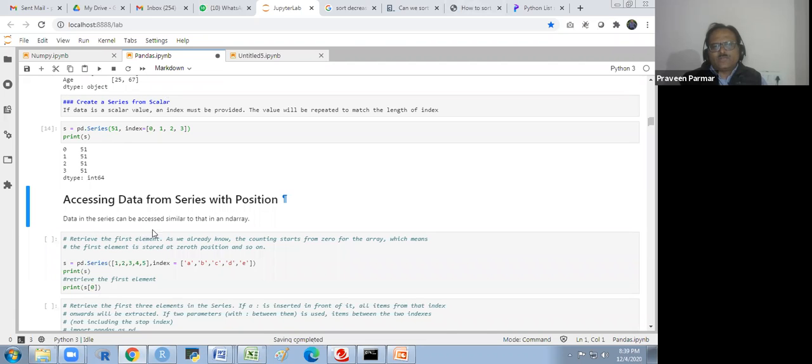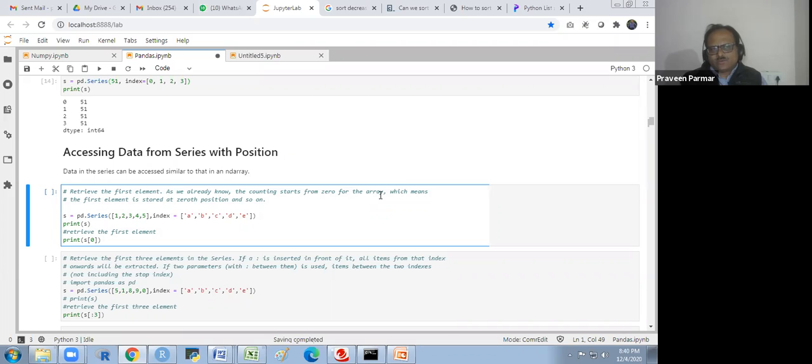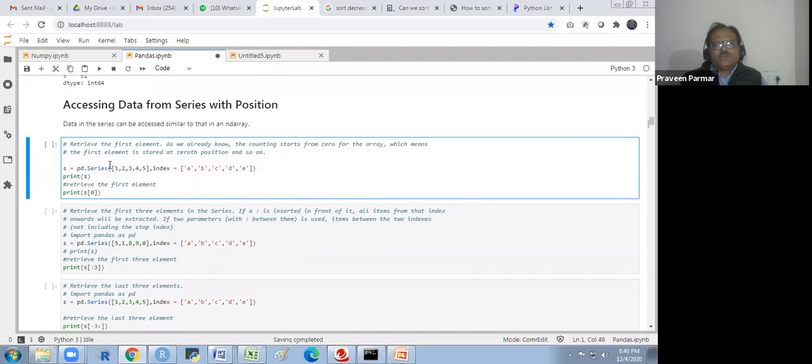The data in the series can be accessed similarly to that in the ndarray. The counting starts from 0 for the array, which means the first element is stored at position 0, and so on. We know all these things. So I'm making a series using a list inside it, and the indexing I'm giving is A, B, C, D, E. We can give the indexing as strings also, as I explained.